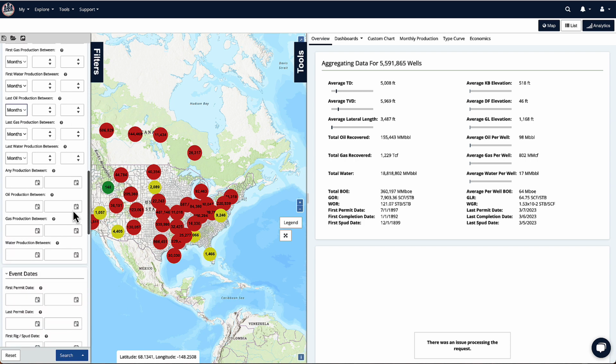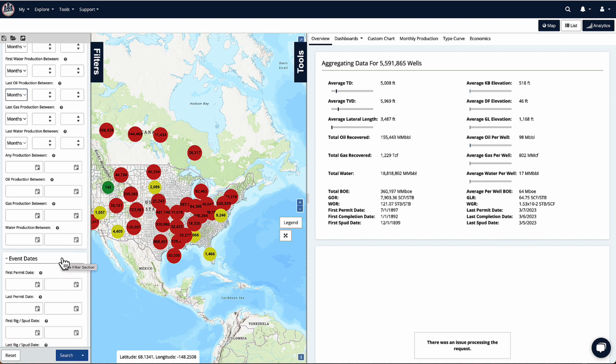So that's a good search for that. Beneath there, we have production dates, and so this we're going to look for dates in which production occurs in any of those time frames, and so that's useful if, say, you want to know when any wells were producing in the year 2022, that'll do that, as opposed to using the event dates with the first prod or last prod, because the first prod might be earlier and it might have stopped, or there might be